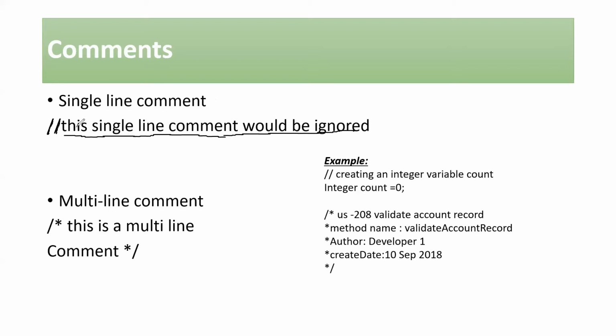Now, an important point that we need to remember is when the system executes this line, any line that is commented out would be ignored. Anything after these 2 backslashes is not being considered by the system at the time of execution. So this is an example of how you can add your comments so that you can increase the readability of the code. If you see here, integer count 0 doesn't give you much information. If you can add a comment saying: created an integer variable count to store the number of iterations, then you can understand what this count variable is all about.